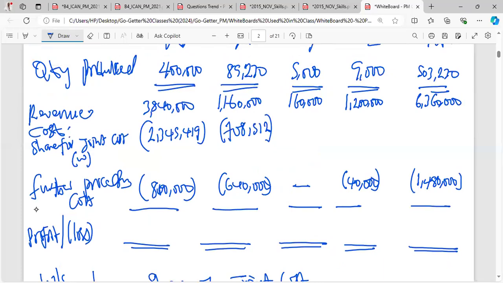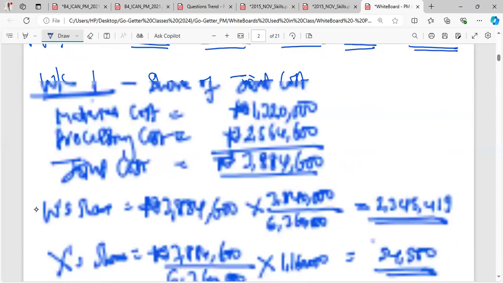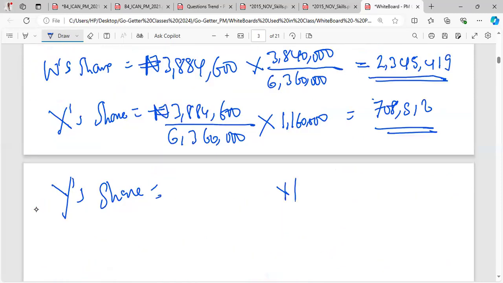708,512. And let me remember that Y's sales revenue is 160 because I will need it. Y's share, I will have 160 here. That's the only thing that is different. So this is